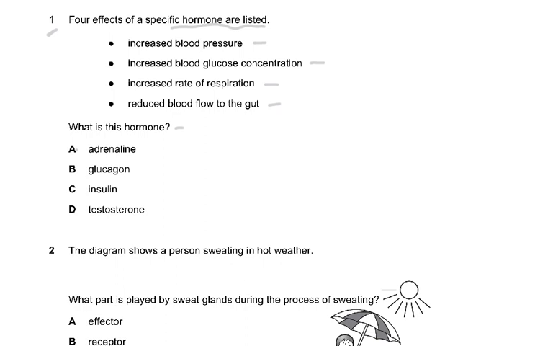fight a good fight. Increased rate of respiration releases more energy, and reduced blood flow to the gut because the blood is diverted to the muscles. We don't want the intestines to be active, there's no indigestion or anything taking place. We want more blood reaching the muscles so that more muscular activity can take place and the person can run or fight. So that is why the answer to 1 is A, which is adrenaline, because adrenaline will result in more blood pressure and all that.